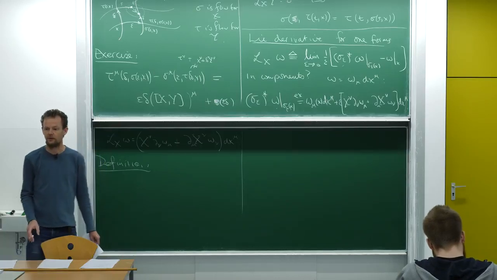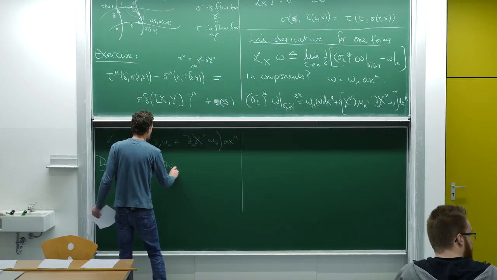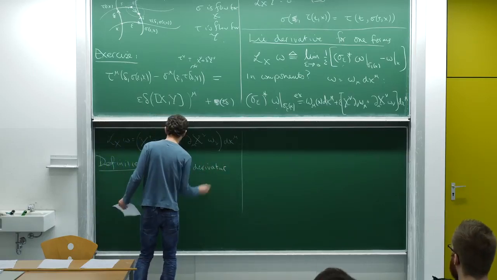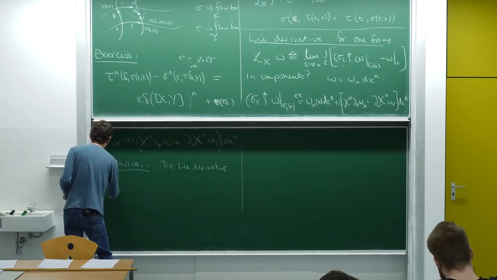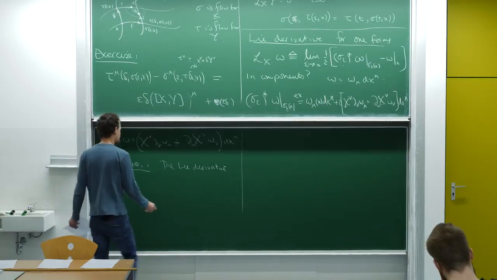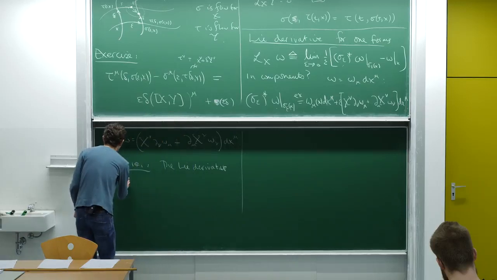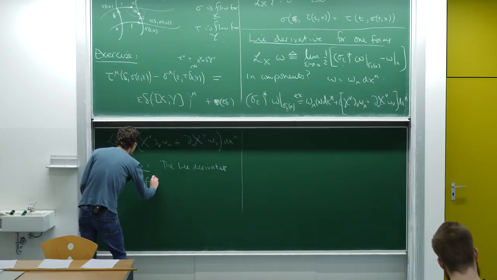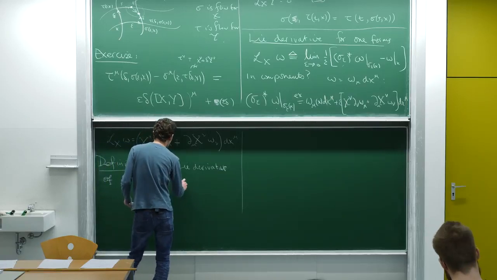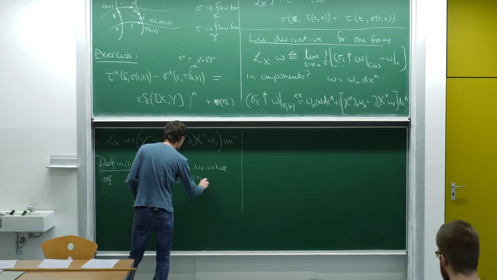What about a K form? Why stop with 1 when you can go to K? I won't give this to you in components because a proposition that I'm about to write after this will tell you how to do it. So the Lie derivative of a K form, remember that's an antisymmetric function of K vectors,